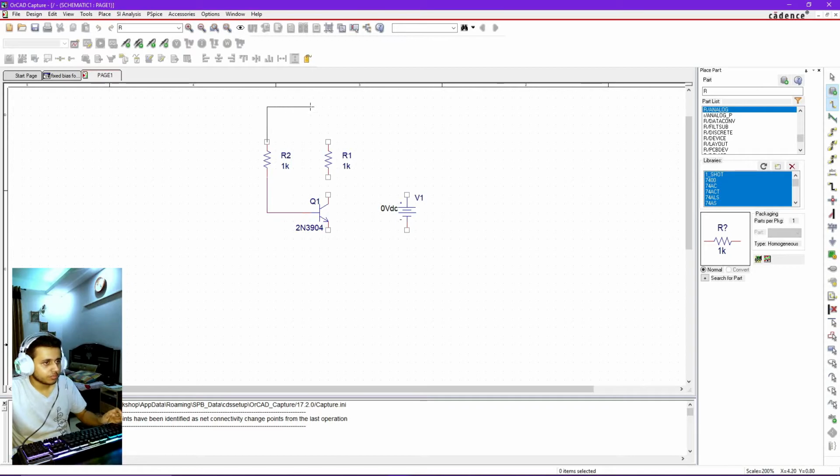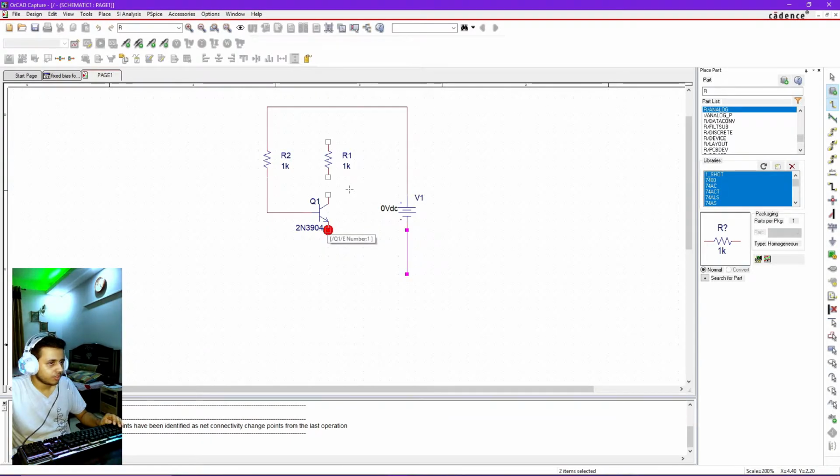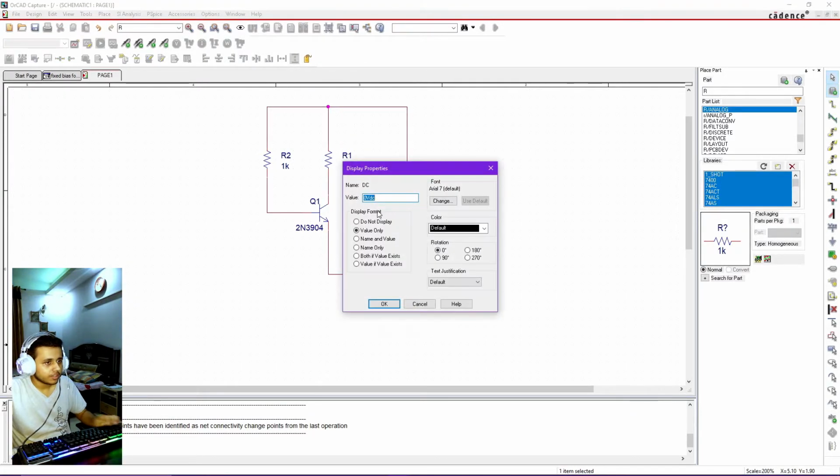I'm going to connect this one over here. Connect this one to V1, and this to the emitter of the transistor. This will go to the collector, and this will go to V1. Now your V1 is 15 volts in our case,